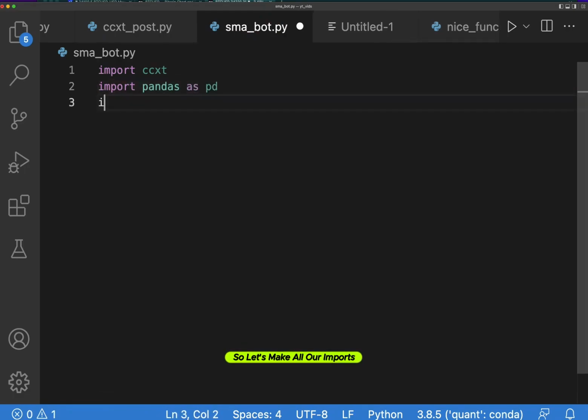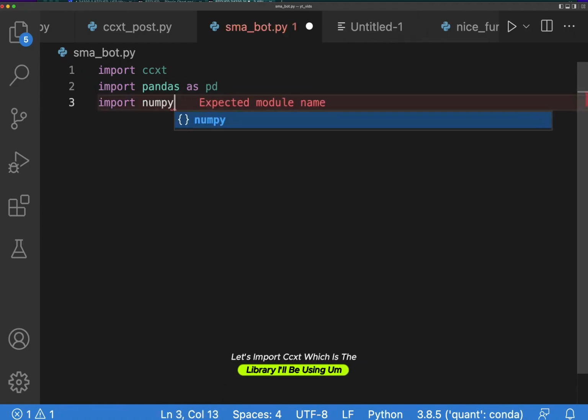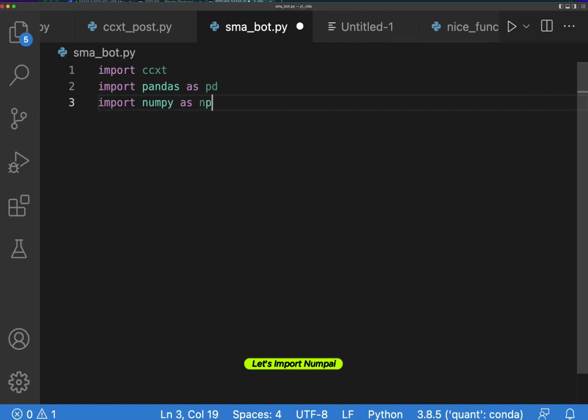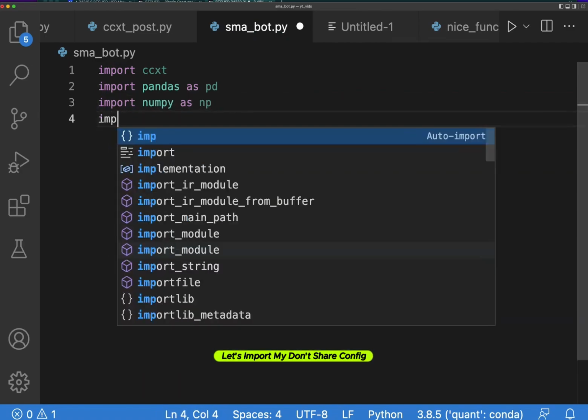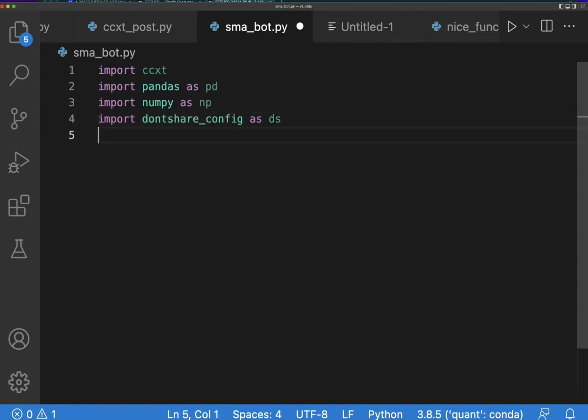So let's make all our imports here. Let's import CCXT, which is the library I'll be using. Let's import NumPy. Let's import my don't-share config as DS. This is pretty much a configuration file with my keys in it. Let's go ahead and import